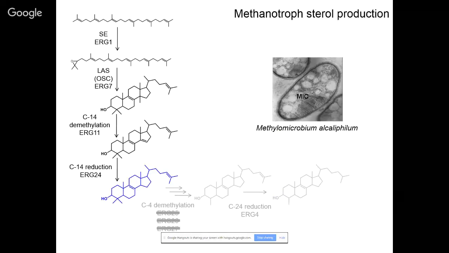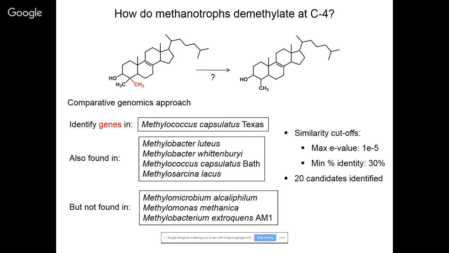And we got lucky in a sense because one of the methanotrophs we tested, Methylomicrobium album, didn't actually do the step. It actually stopped here. So it contains 2 methyl groups at the C4 position. And that was lucky because it allows us to do a phylogenetic analysis, a comparative genomics approach with a very closely related strain. And so what we decided to do to try to find these genes is we went into